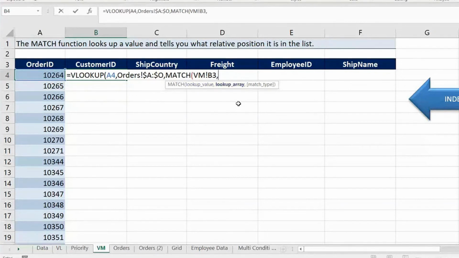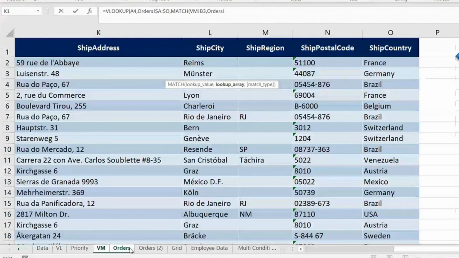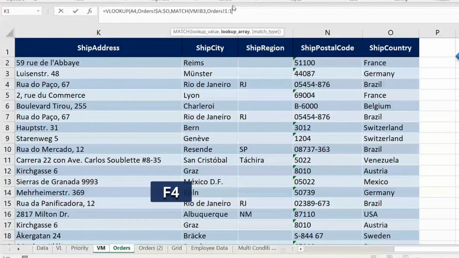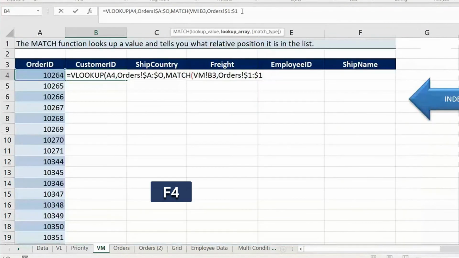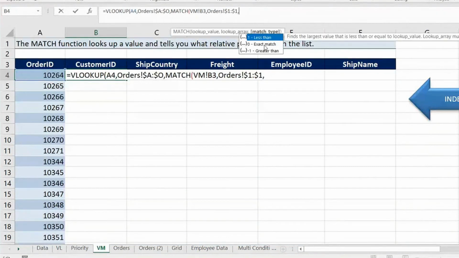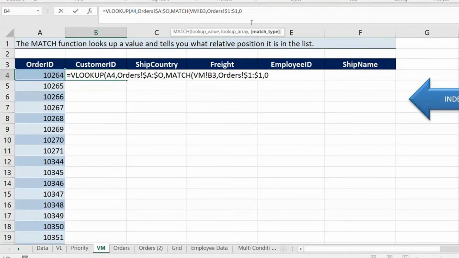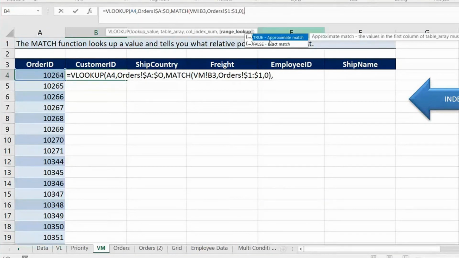Lookup array is what? The header row. Where is this header in the actual header row? Where is my header row? It's in the order sheet. So I go to the order sheet and take the entire header row. If you want to contain the whole row or only the actual range, that's fine. Anything is fine. But ensure you make this absolute. Please remember, you should try to make your ranges absolute, either in match or in VLOOKUP, comma, then the exact match. So go with 0 there. Okay, 0. Close the bracket.